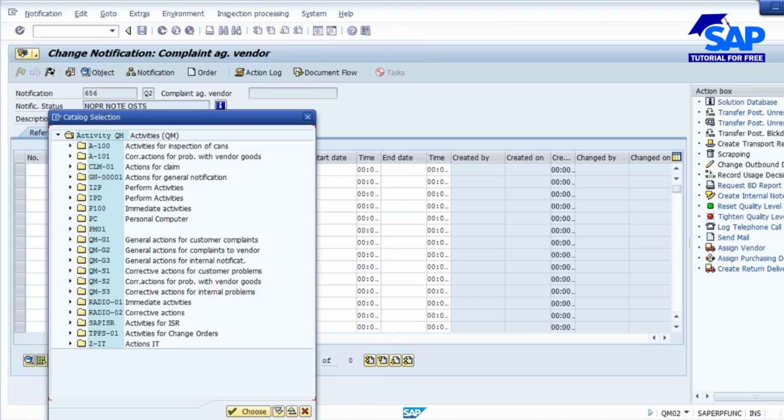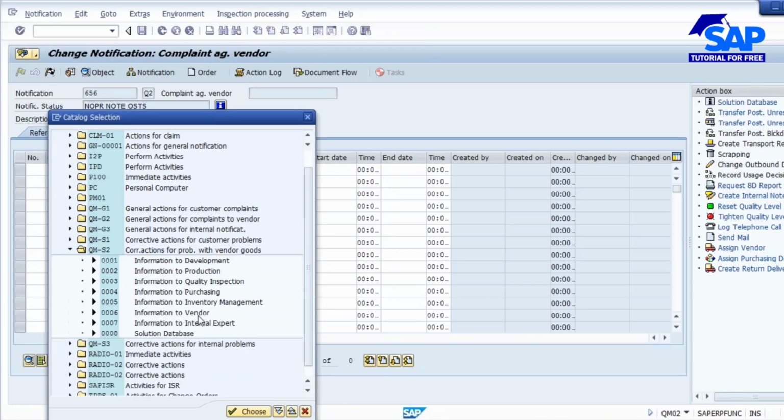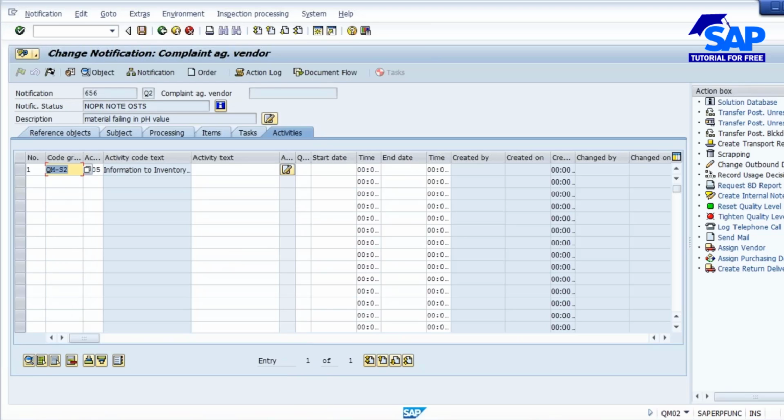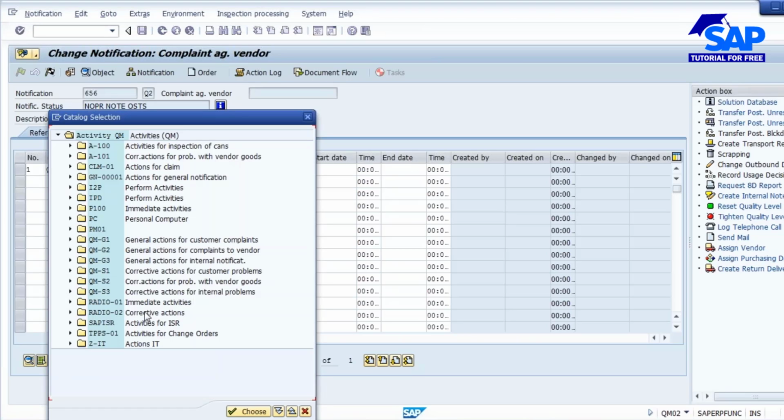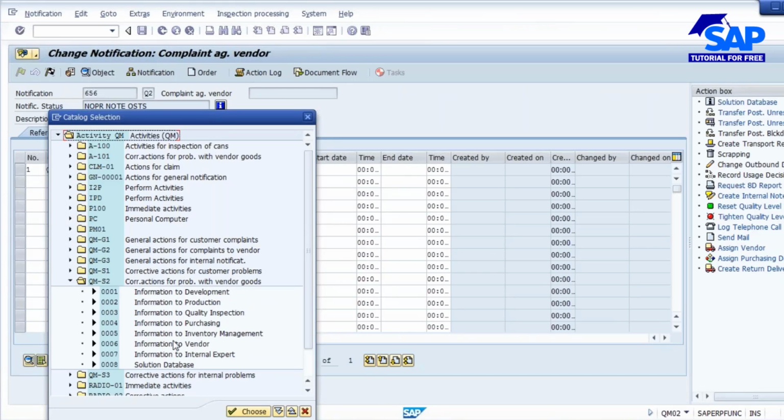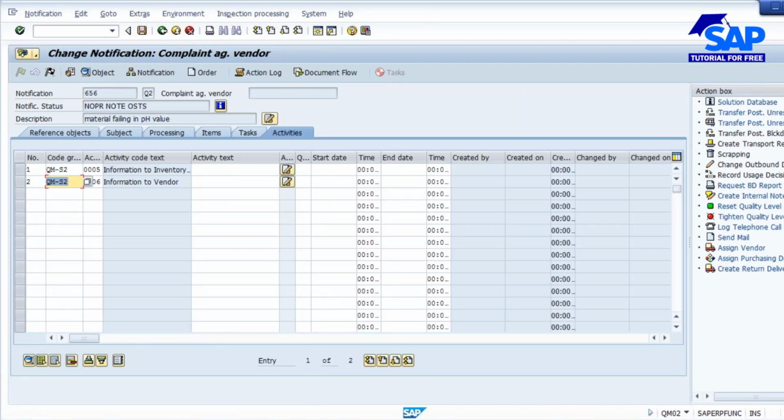So all the data comes from catalogs. When the information to the inventory management department has been done, at the same time we inform the vendor that we are discontinuing the vendor. So, information to the vendor, and you can enter the start date and end date. If you want to write more text, you can write it in this long text. Once all this is done,